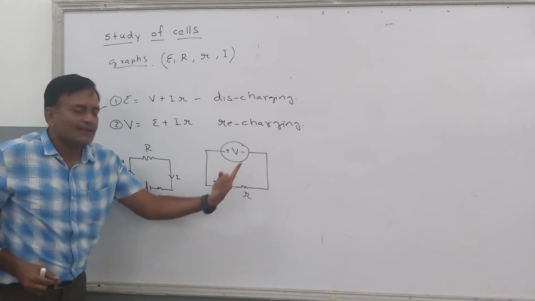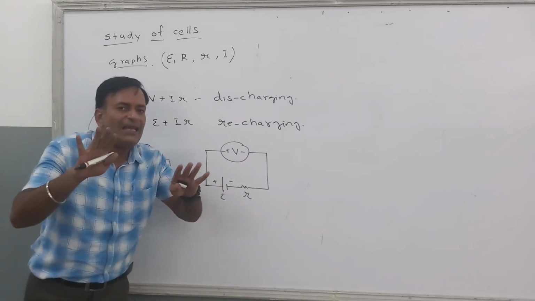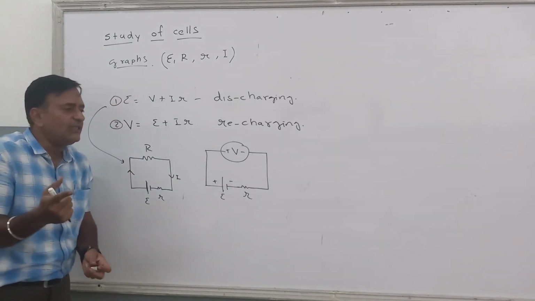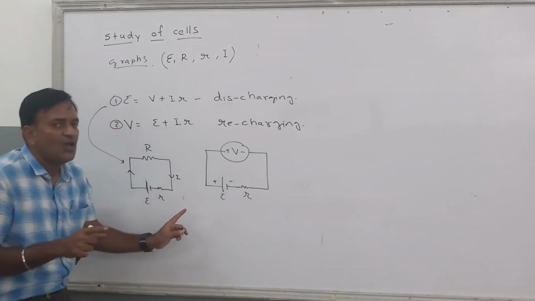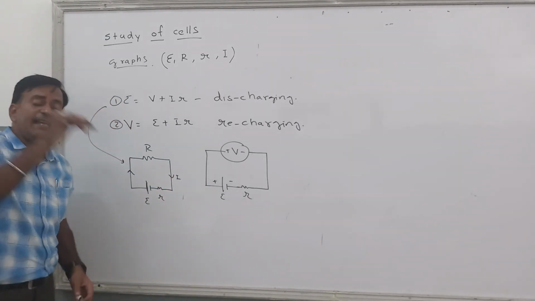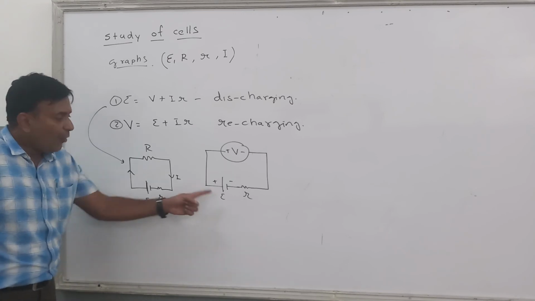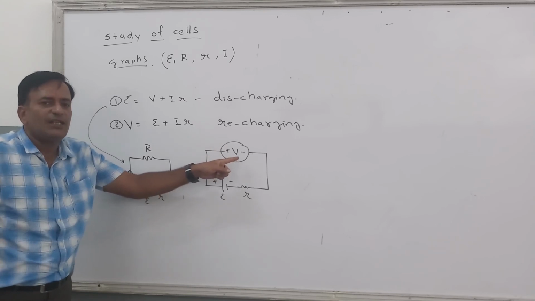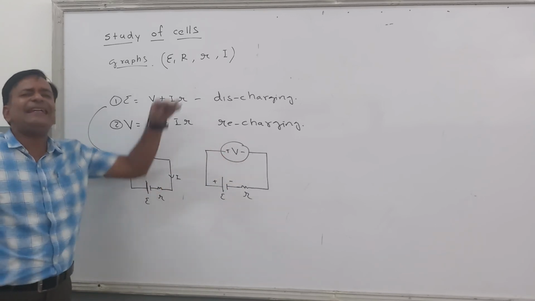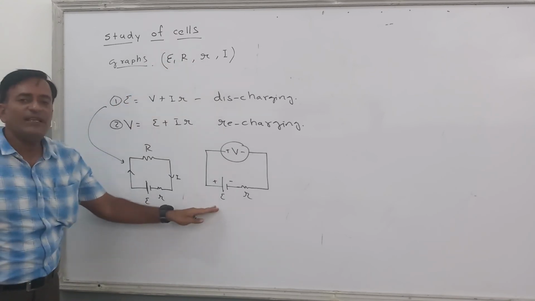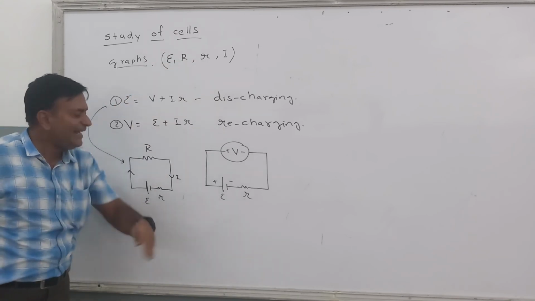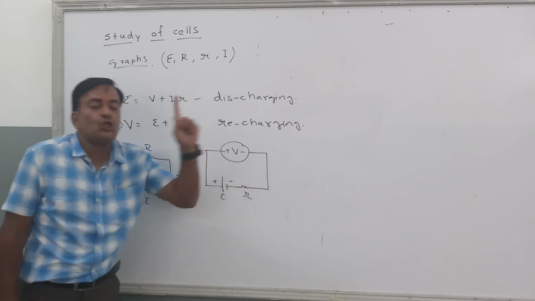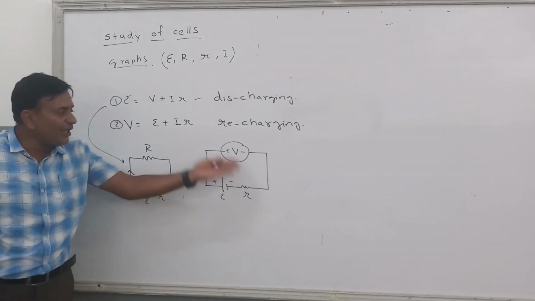Now to recharge this, what is the voltage of your mobile battery? Mostly it is 3.7 volt. Is this 3.7 the EMF or the potential difference? It is the EMF. Now when you are supposed to recharge this, you need another source of voltage, your charger. This must be greater than the EMF of the cell. If your mobile battery EMF is 3.7, then the potential difference which is charging it should be more than 3.7, otherwise it will not get charged.